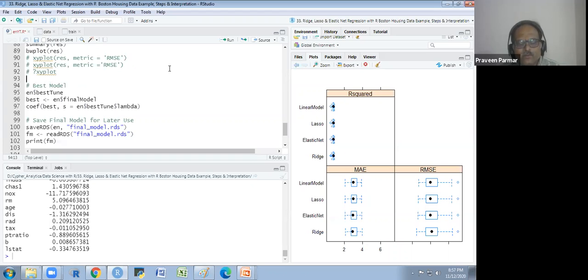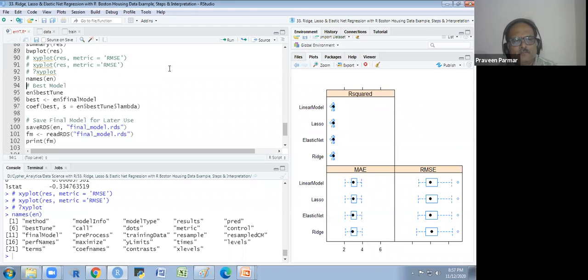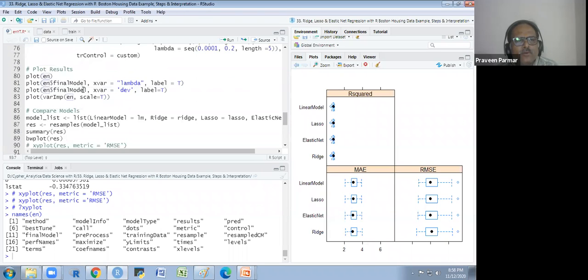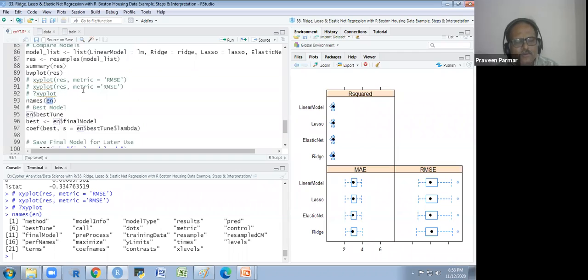Got it? So if you see the names, best tune. In our previous work, I have written ridge in small letters.